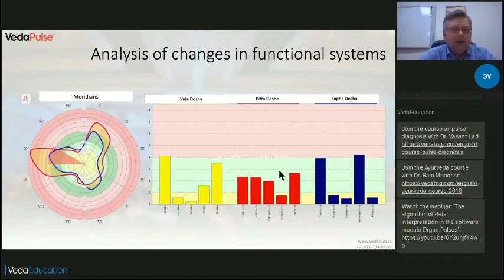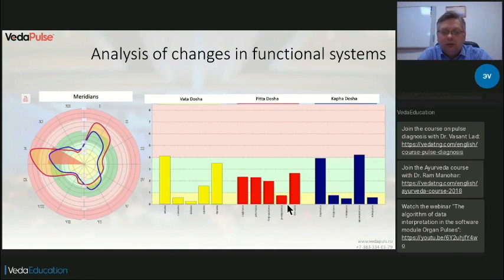So in front of you, there is a card of the patient, a woman who has endometriosis. So what features do we have here? Here we have this unique combination of the situations in 3 channels. 8 channel that is associated with kidneys, 10 channel that is associated with endocrine system, and 12 channel which is associated with the liver. At the same time, in the Nidana module, we see the tension in Apana Vayu